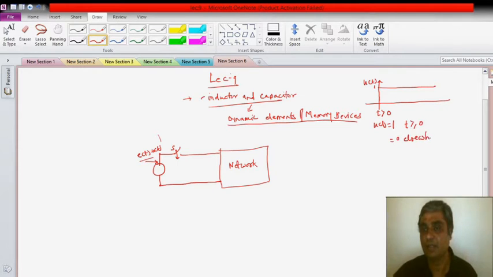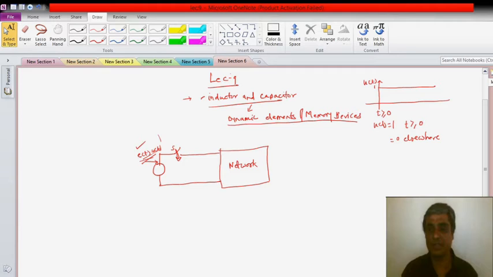So what I am seeing from this is that if I have an energy source, I don't know what its limits are, maybe from minus infinity to what. Now I would like to visualize the behavior of the network from t greater than or equal to 0. Then what should I do? I should multiply my unit step function to my voltage source E of t, so that the output of my energy source will be E of t into U of t. So after switching, the output is E of t multiplied with U of t.